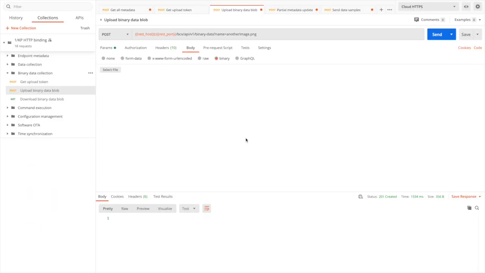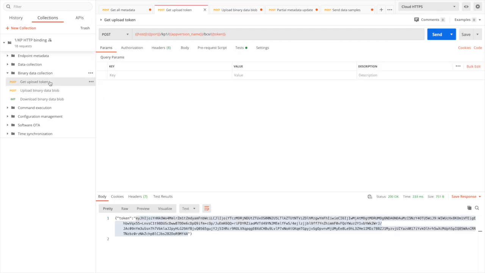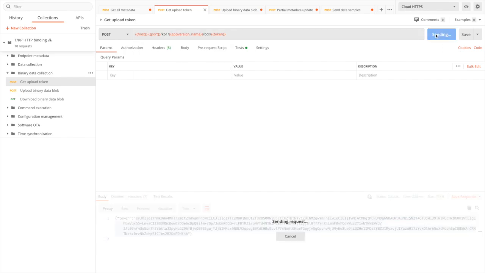We will use the Postman collection that we have already discussed, but this time we are interested in the binary data collection folder. The first thing that the endpoint must do for uploading multimedia is obtain a secret token using the new Kaa extension called BCX. BCX stands for the Binary Data Collection Extension. So let's obtain the token. I have already prefilled environment variables with the endpoint token and application version, and I will be using Kaa Cloud. Execute the call,